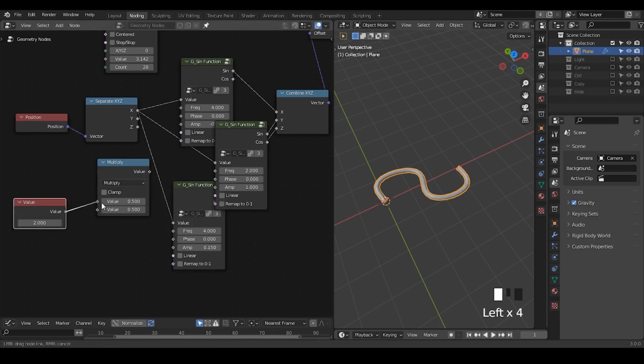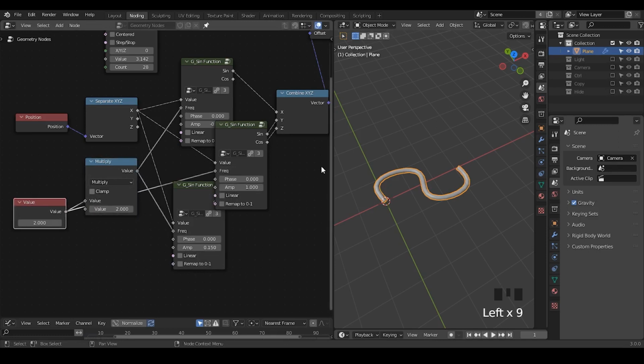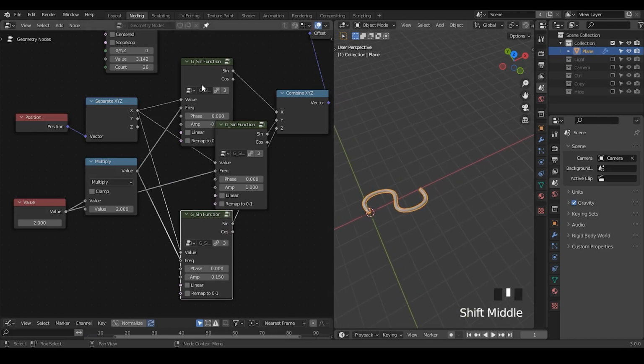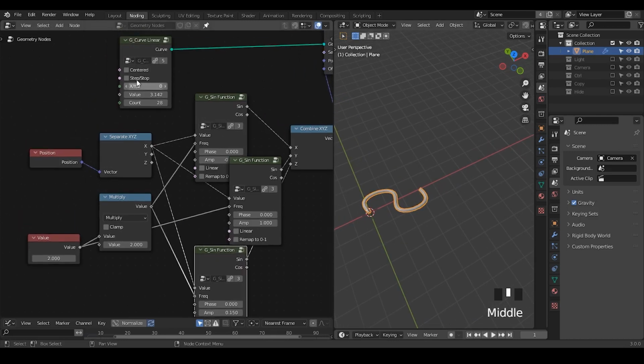So take it to 2, multiply by 2, and the product goes to x and z, value goes to y. Right now we do not change anything, but we're going to change this later. This is just an example. So instead of using stop mode, I'm going to take this box so that it goes back to the step